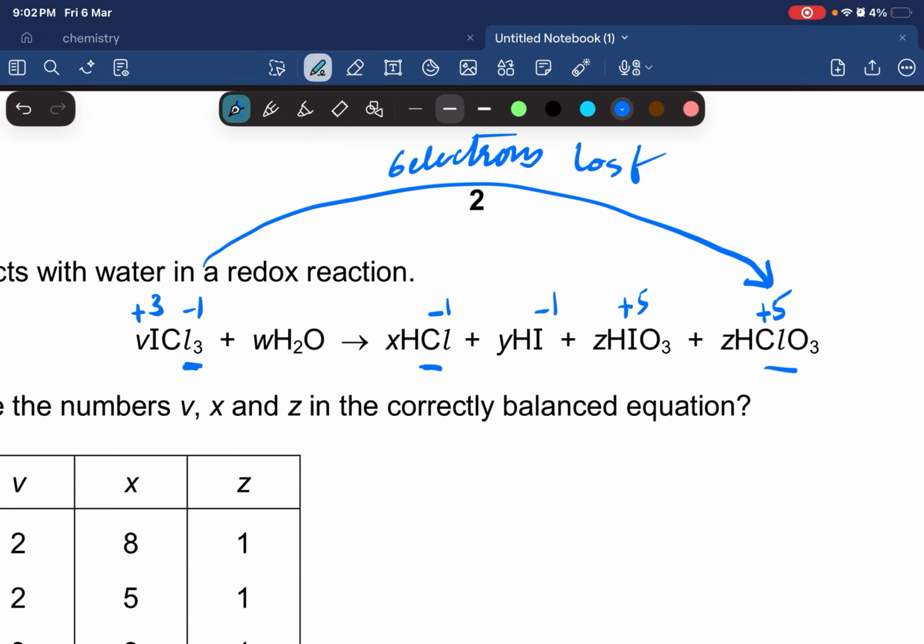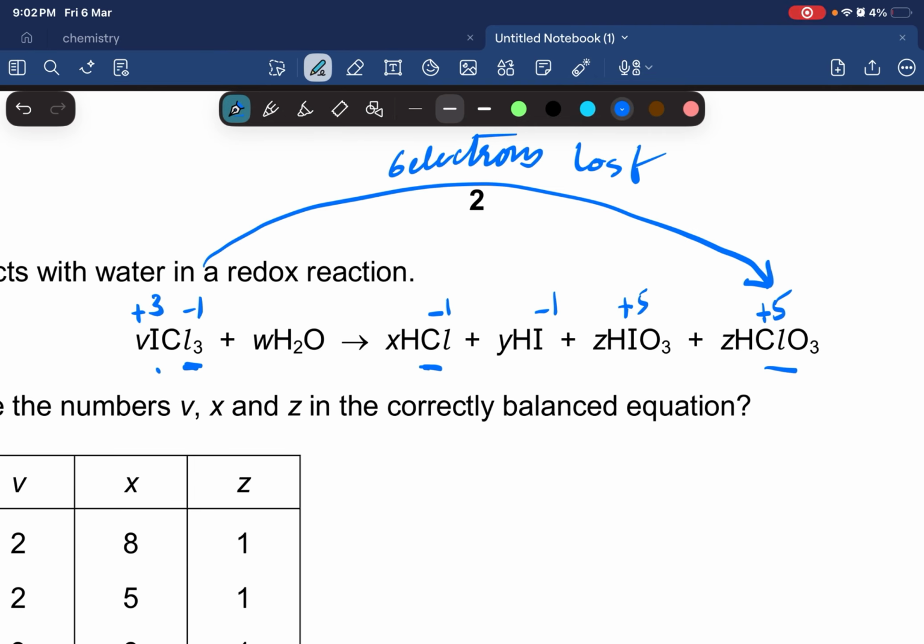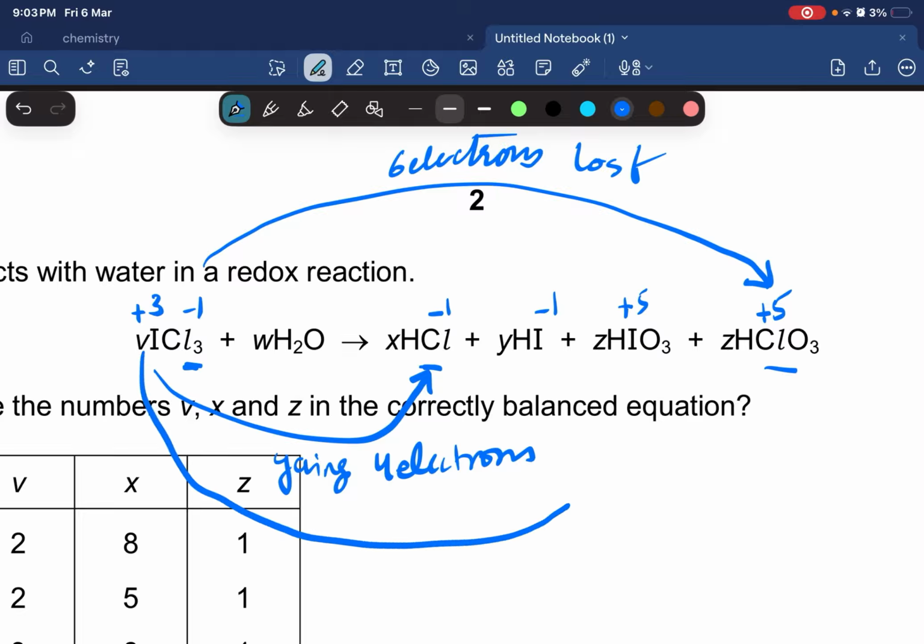Okay, now let's see how many more electrons are gained and lost. Now if you look at I, what's happening to I? Over here, is I losing or gaining? Gaining how many electrons? Going from positive 3 to negative 1, gaining 4 electrons. So we are over here gaining 4 electrons. And then over here, what's happening to